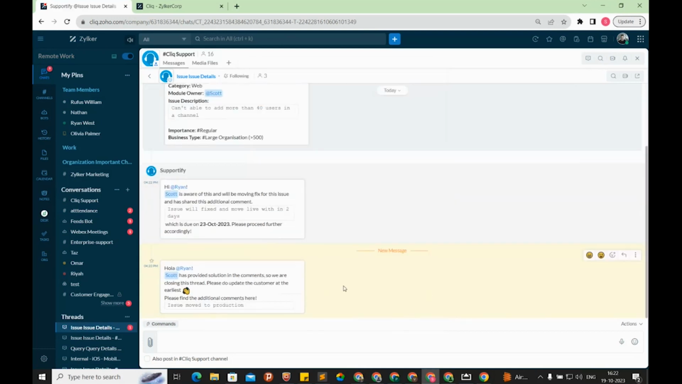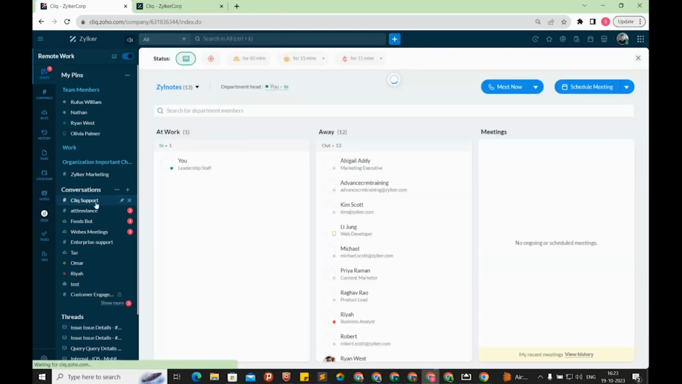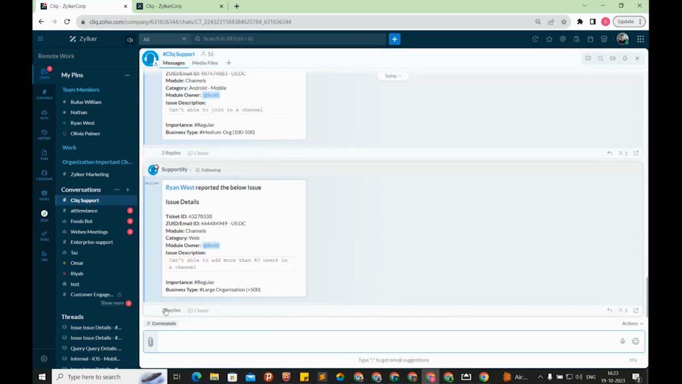So once the form is submitted, you can see the message has included the respective support agent and provided the message, so that the support agent will inform the customer that this issue will be resolved and moved live. In parallel, once the acknowledgement is done,